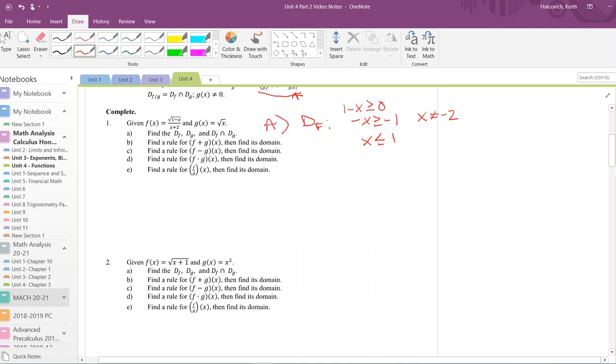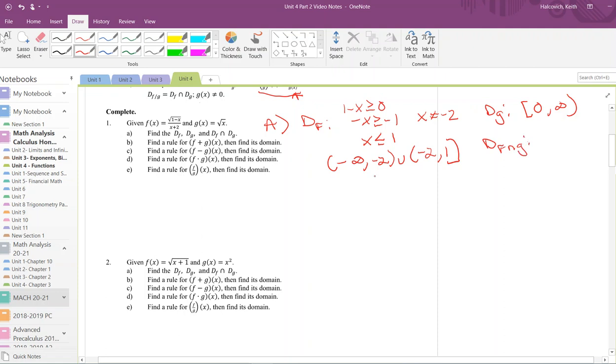So the domain of f would be from negative infinity to negative 2 union negative 2 to 1. So that's the domain of f. The domain of g, the square root of x, that just is greater than or equal to 0. So the intersection, the domain of f intersection g